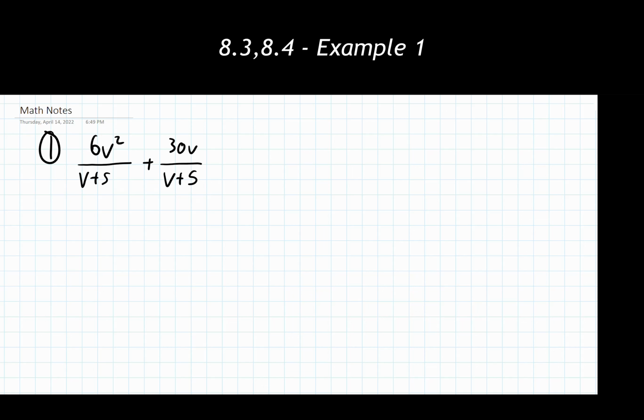Our step 0 says to fully factor all denominators. Well, I can't exactly factor v plus 5 at all in either of these situations, so that's fine. Step 0 is done. Our first step says to add and subtract the numerators together to create a single rational expression, effectively making it, instead of two things, combine it together to be a single one. Now, my recommendation when we are doing this is to write out a decently sized fraction bar for yourself. Remember, the denominator does not change, so I'm just going to bring that down now.